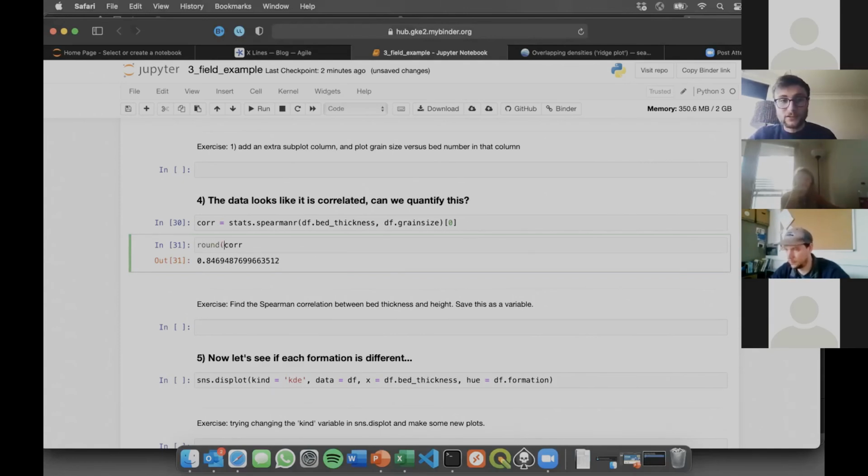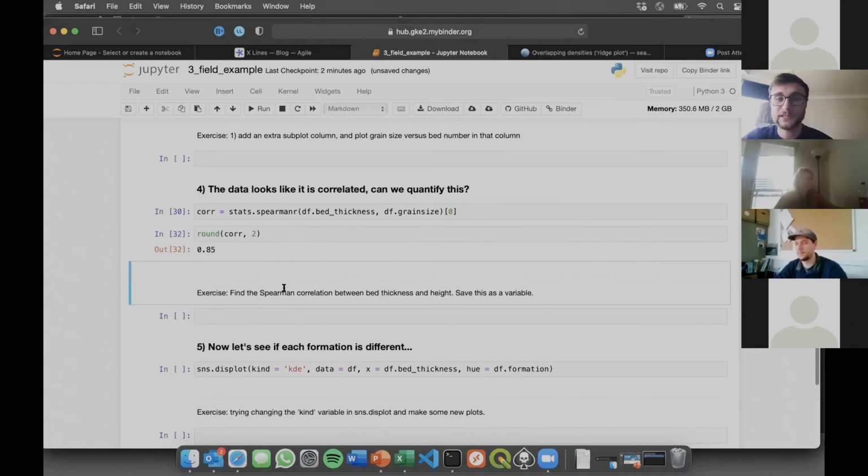So round it to 2 decimal places, and then we have 0.85. So we've immediately got that information. There's a 0.85 Spearman rank correlation between bed thickness and grain size. Okay, so what I want you to do next is find the Spearman correlation between bed thickness and height in